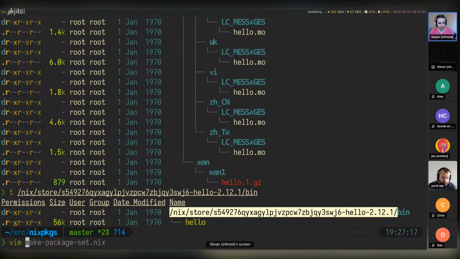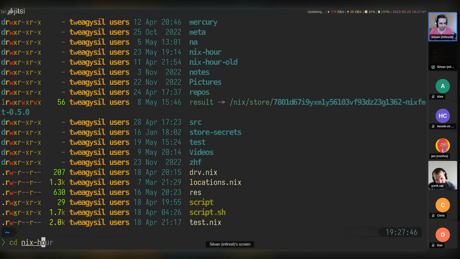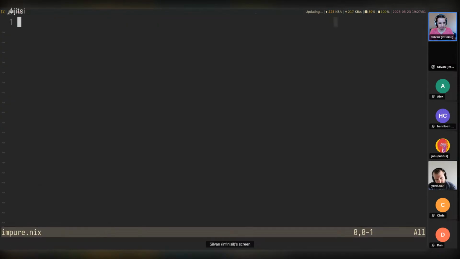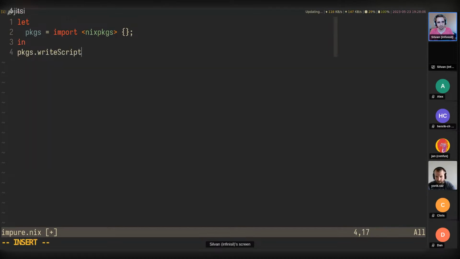Like a really kind of stupid example is, let's go into here and do an impure.nix. And let's just create a packages.writeScriptBin. So writeScriptBin creates a script in the bin folder of the result.